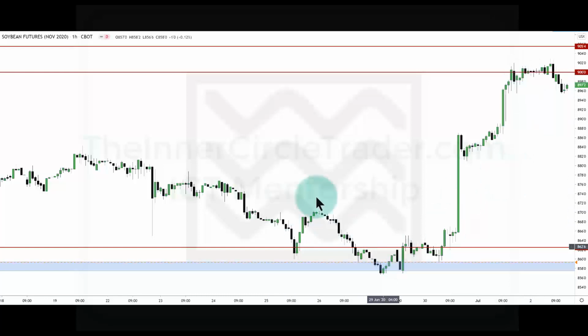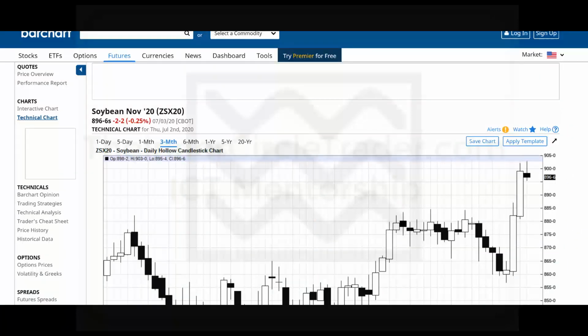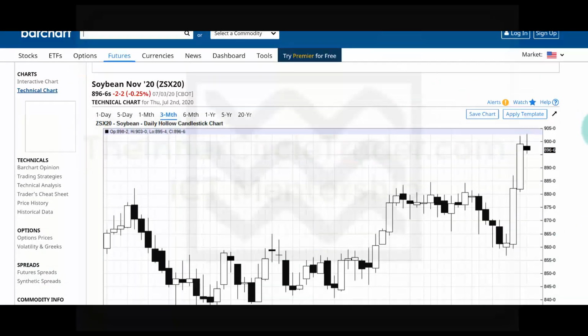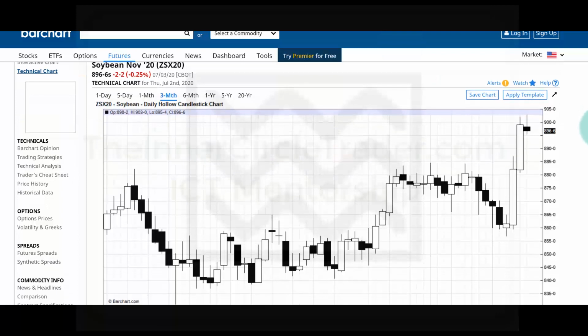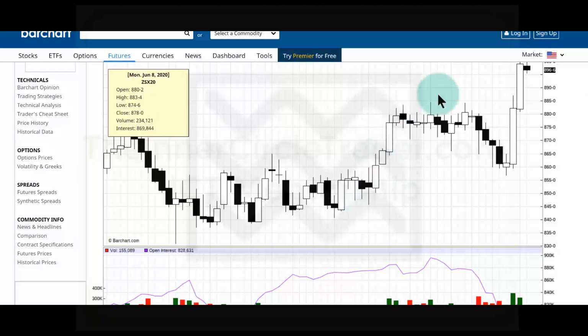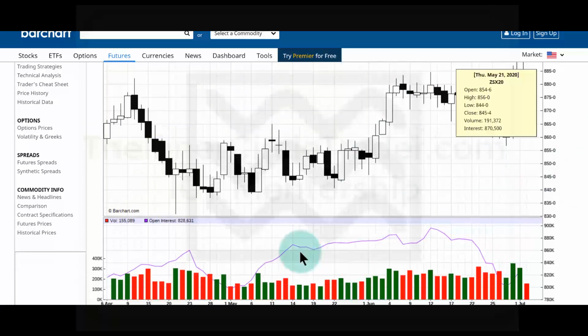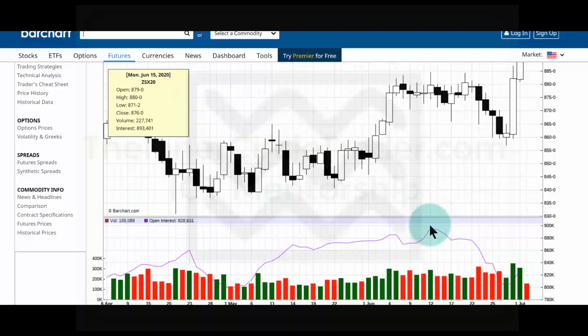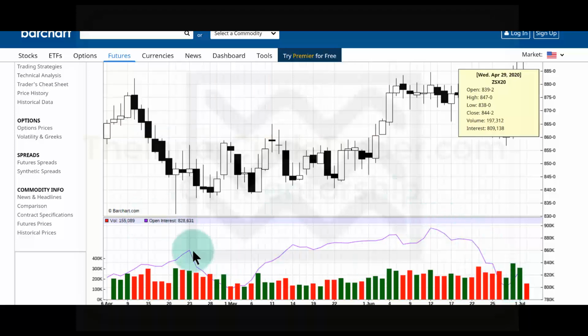Before I go, when the market was dropping down in here, okay, I want you to get a better appreciation for how we track the smart money. And we're going to look at the soybean market here, and this is just the November contract zoomed in on the last 3 months, and here's the price action here. Trades back down in, and notice this, I guess it's purple. I may sound like I'm colorblind, but yeah, it's purple. At least it looks purple to me. The open interest, which is this purple line, takes a nosedive right there, just like it does in here.